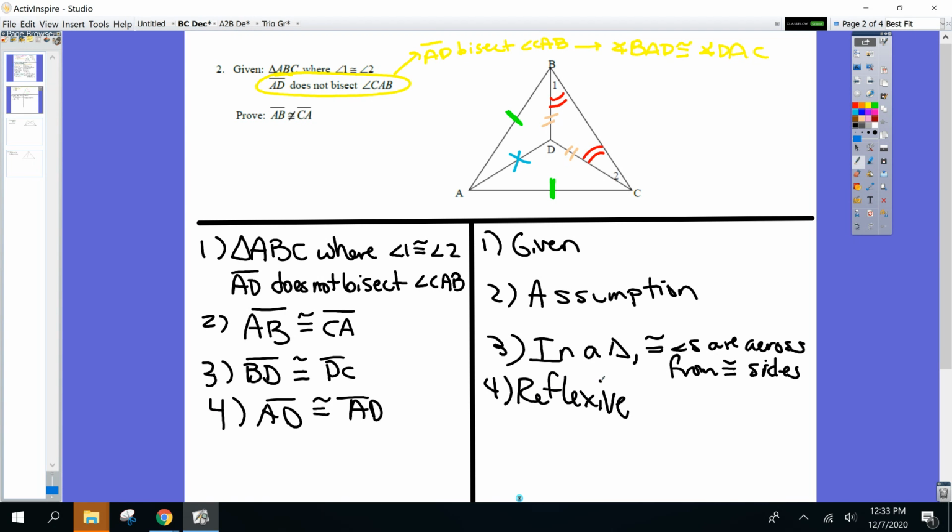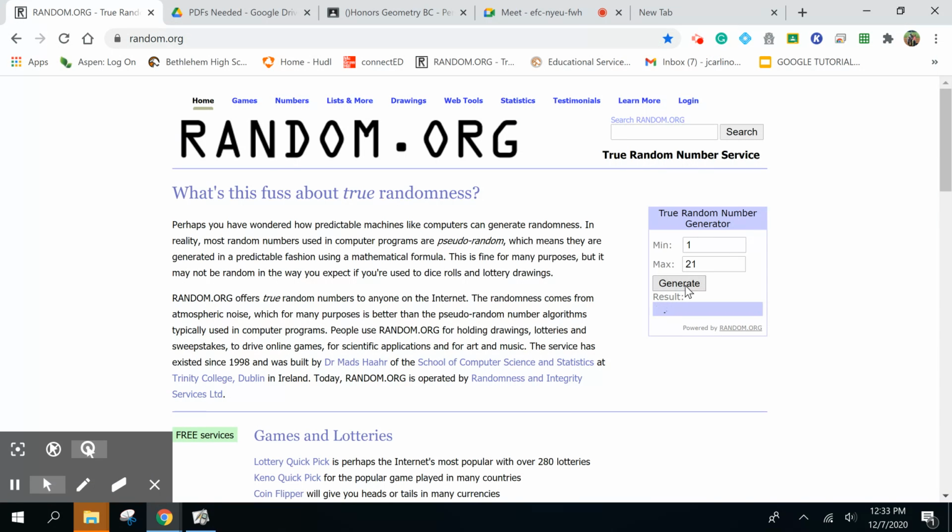That's reflexive. I will have to ask somebody, though, why the triangles are congruent. Triangle BAD congruent to CAD. I know, not the most appealing triangles to look at as far as your eyesight goes, because usually you guys like them right next to each other, one on the right, one on the left, or one on the top, one on the bottom, and that's not the case here. But we can still prove them congruent by